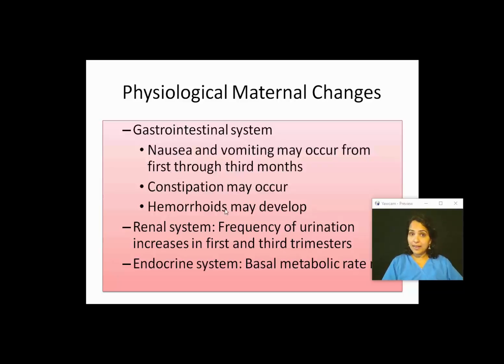And another interesting thing which can occur is constipation. Okay, so constipation may occur and hemorrhoids may develop, because hemorrhoids are veins which get engorged. Because of the pressure of the uterus on the rectal area, the veins there can get engorged, and that's when we call it hemorrhoids. Now, these hemorrhoids may bleed, and that can be scary for the mother,